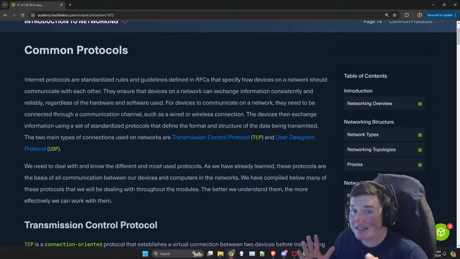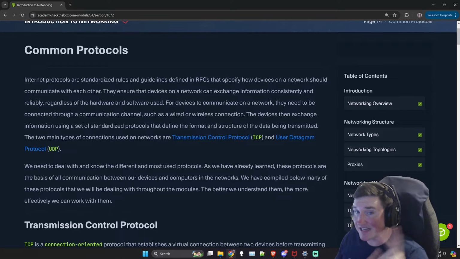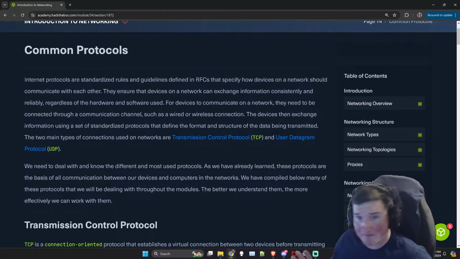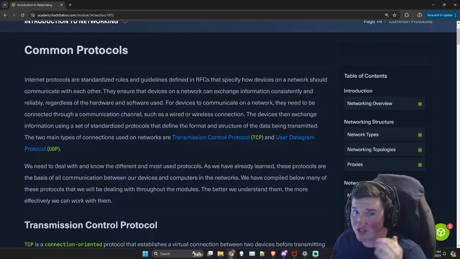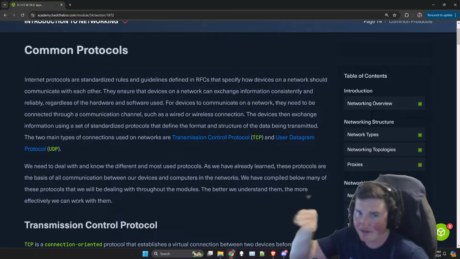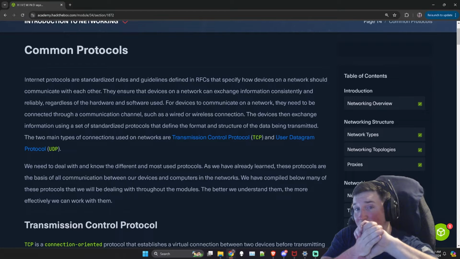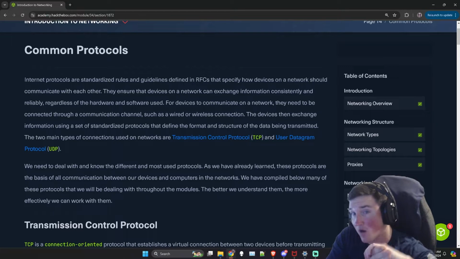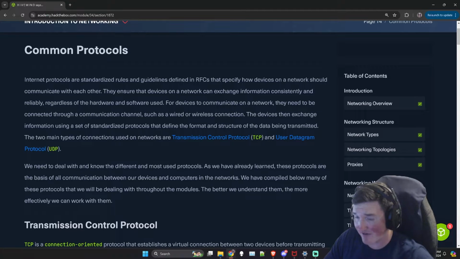So what this means is TCP is connection oriented and UDP is connectionless. All that means, it's super simple, right? Let's say every time we had a conversation, I have to shake your hand, and we have to have this handshake going at all times, or else we're not going to have a conversation.